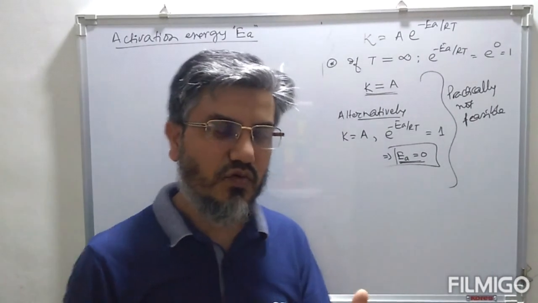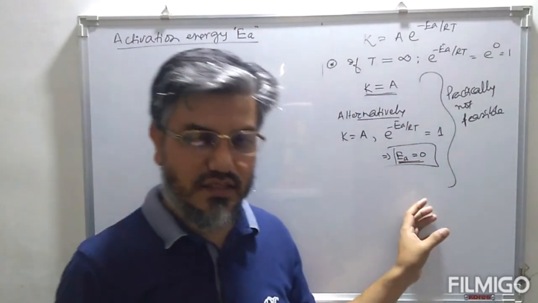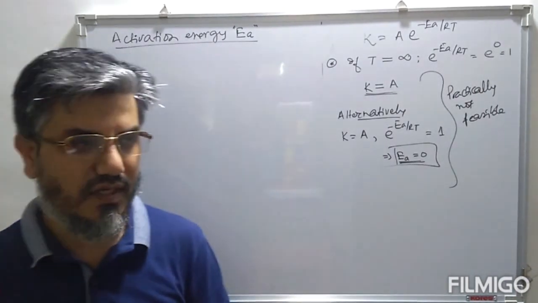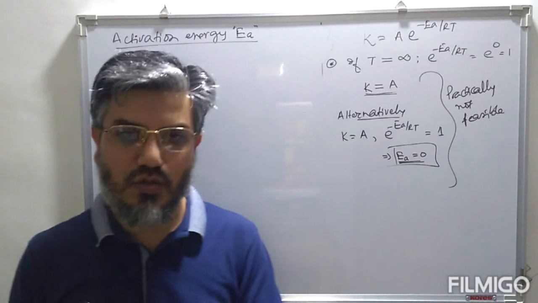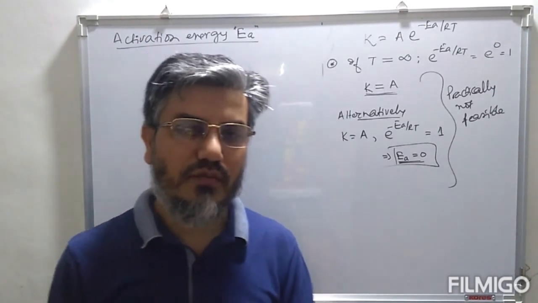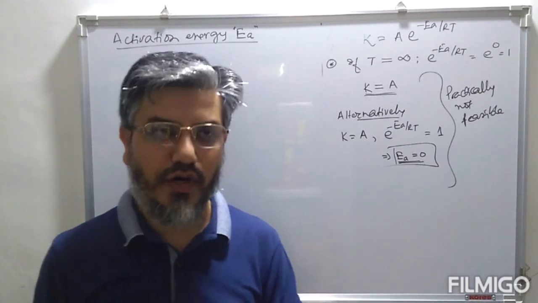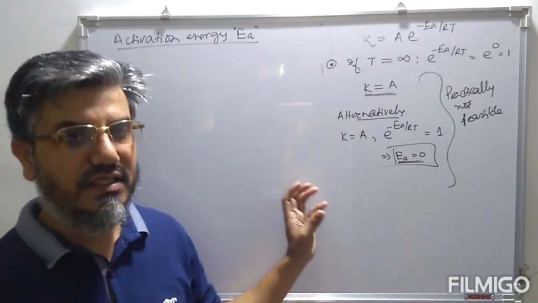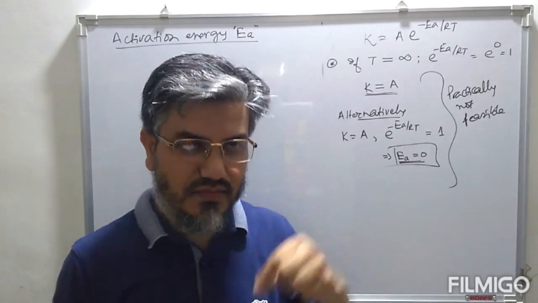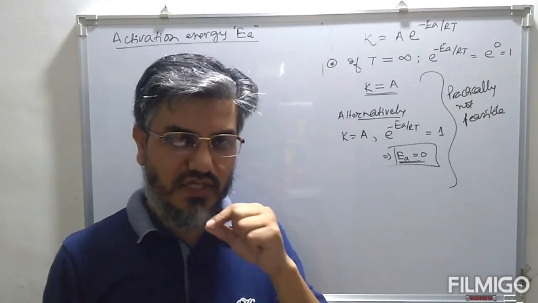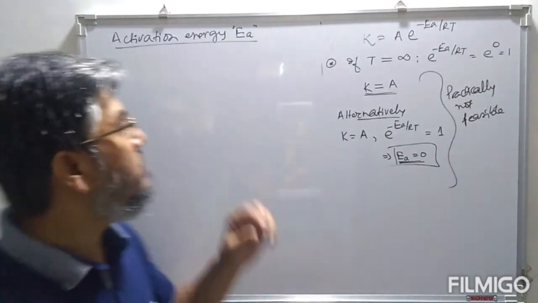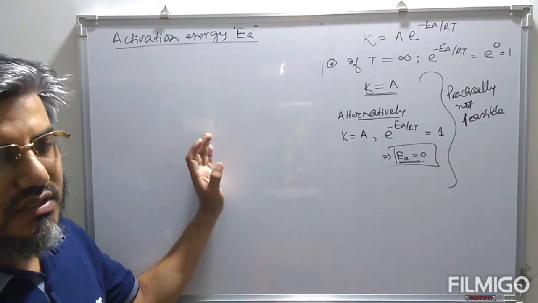So product formation requires a molecular rearrangement. Now during this molecular collision, bonds have to break. So breaking of bonds requires energy. So the minimum energy required by these reactant molecules so that they cross some barrier, that minimum energy required to cross that energy barrier is what we call activation energy.